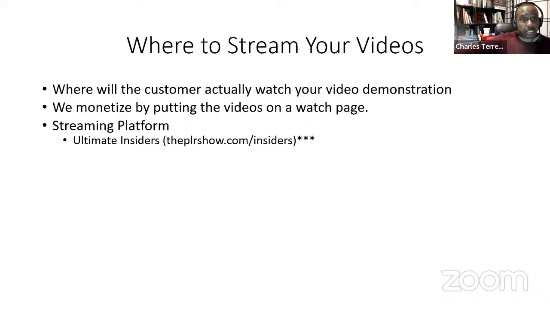And to that end, we provide as a bonus a video platform. It's not a perfect one. The Go High Level platform has its flaws. But one thing it does, you can host your videos. You can upload your video courses, and you don't have to go get a Vimeo account. You don't have to use your YouTube link, which is unprofessional. Please don't do that. Stop doing that if you're putting people on YouTube. Steve, please stop doing that if you're doing that. You can host your videos there and your customer can watch them. So that's one streaming platform you can use.